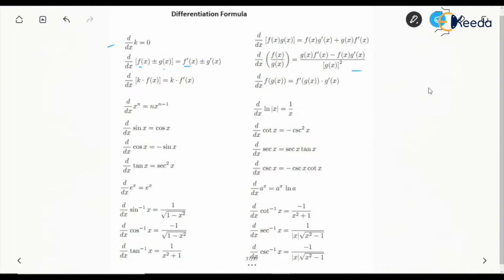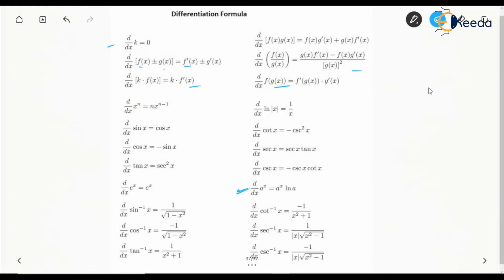This is division, we have seen this. A scalar multiplication, we have seen this. A composite function, we have seen this also, right? So apart from these are some of the formulas. I'm sure you people are very aware of these formulas. Some of the formulas which will be coming across in questions and people are not so aware of are the differentiation of a to the power of x. So it is a to the power x into ln of a.